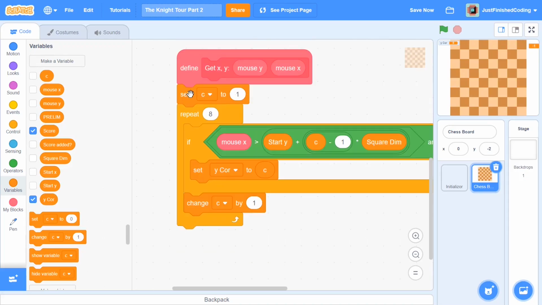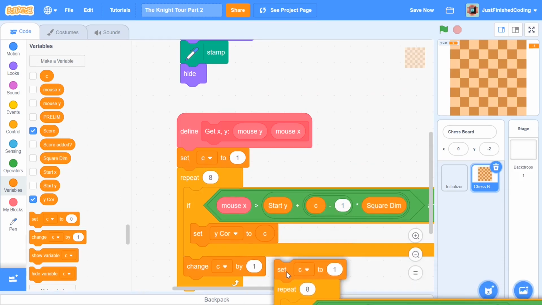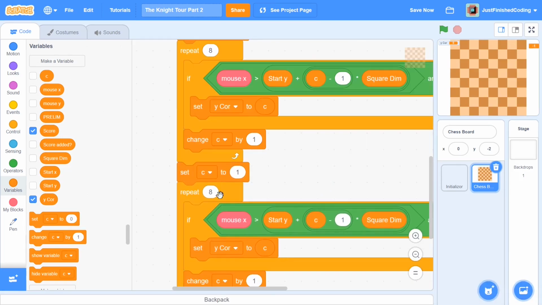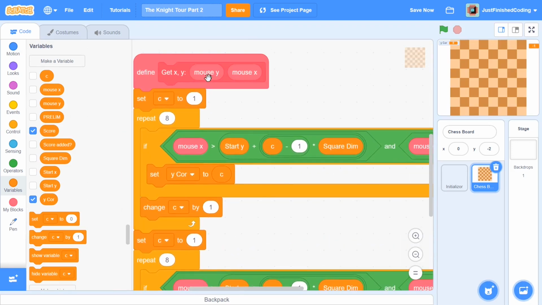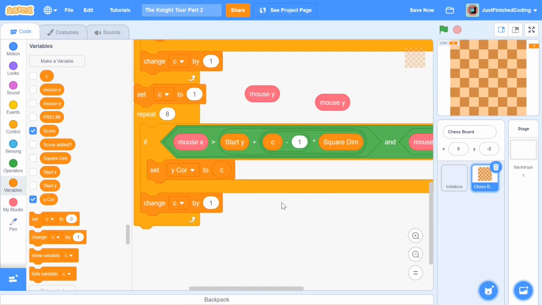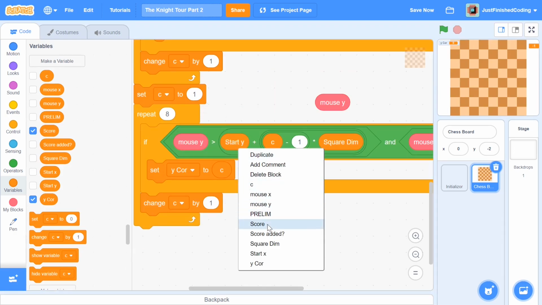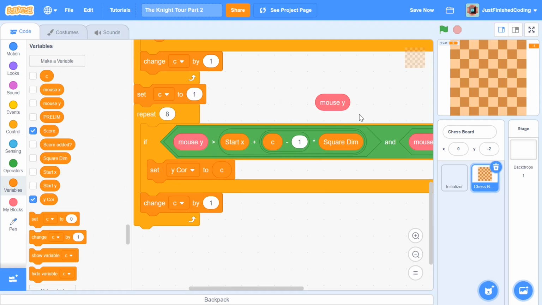Okay, so now we can duplicate this entire thing because there aren't too many changes within our code, but there are still a few changes nonetheless. Okay, so I'm going to grab a couple of mouse y's from the top and scroll down below. So for your condition, for your greater than, you're just going to put in mouse y, but now instead of start y, you're going to put in start x, because like I mentioned, these values are going to be opposite because our start x corresponds to the y coordinate and start y corresponds to the x coordinate. And after this, unlike the start x values, you're not going to have a plus right here, but you're going to have a minus.